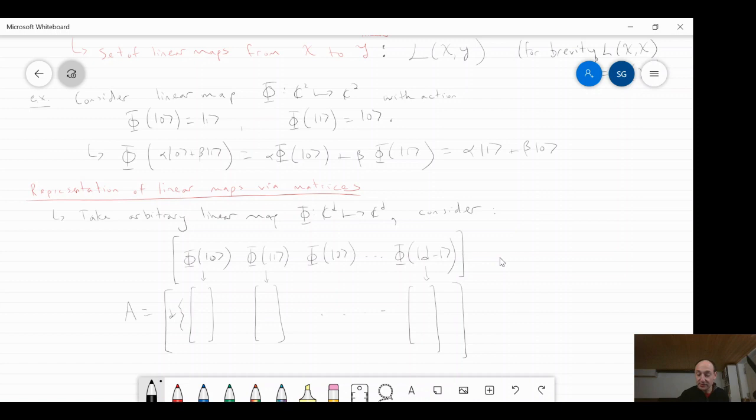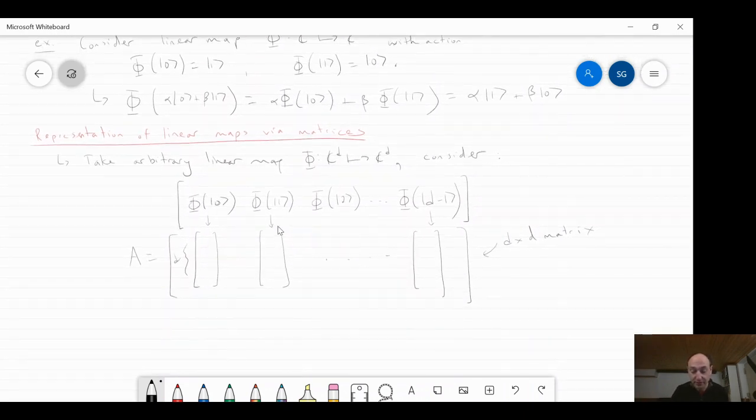And the idea here is, what are the dimensions of this matrix? Well, the height of this thing, the number of rows in the matrix, is d by definition. And what is the number of columns of this matrix? Well, there are d vectors here. I started with d standard basis states, so there are d columns. So this is going to be a d by d matrix. Okay, so that's how I went backwards in this presentation. That's how matrices come about, if you start thinking about linear maps.